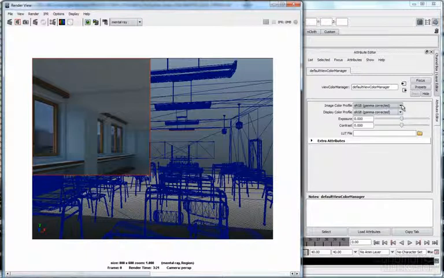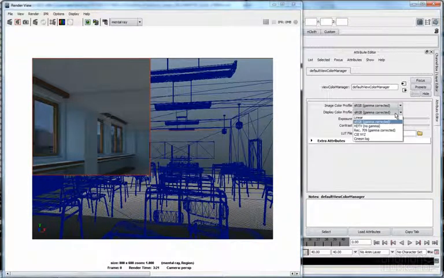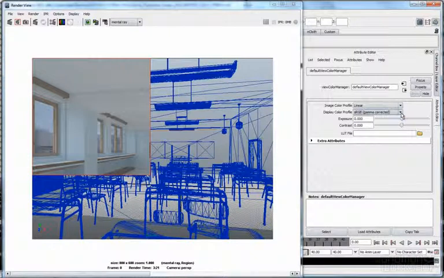For the render setting panel, we decide to use the sRGB gamma correct for the first drop-down menu, and for the second I suggest you to use the linear. But here in the render view panel we should go in the opposite way, like we saw before, and input the linear for the first drop-down menu, and